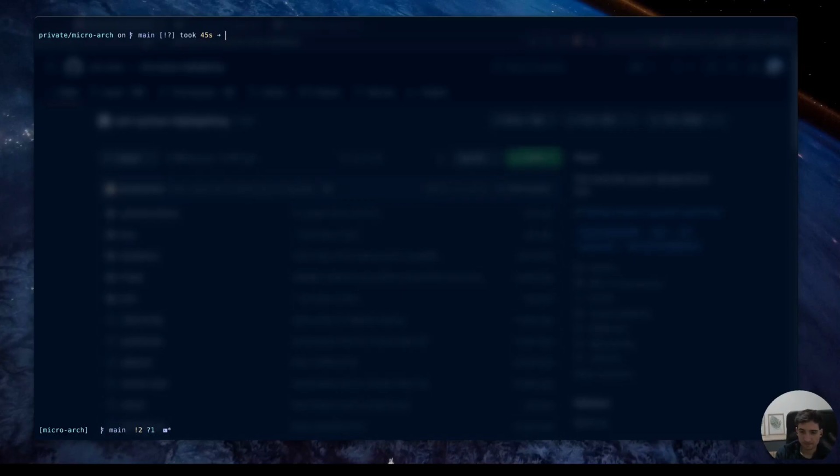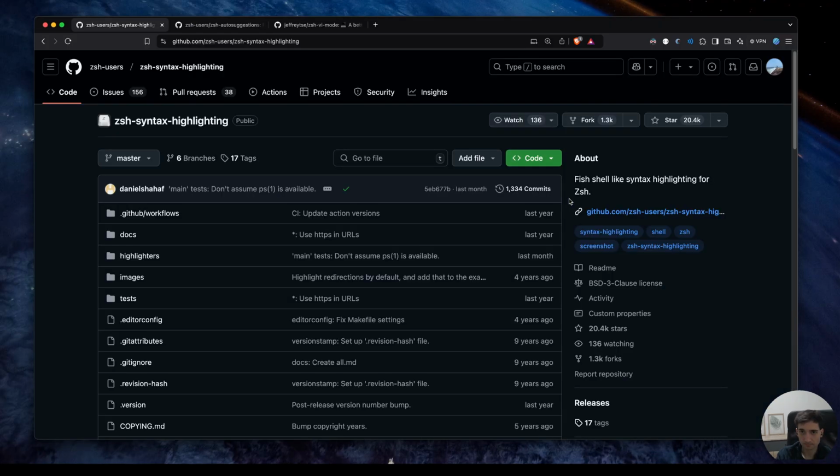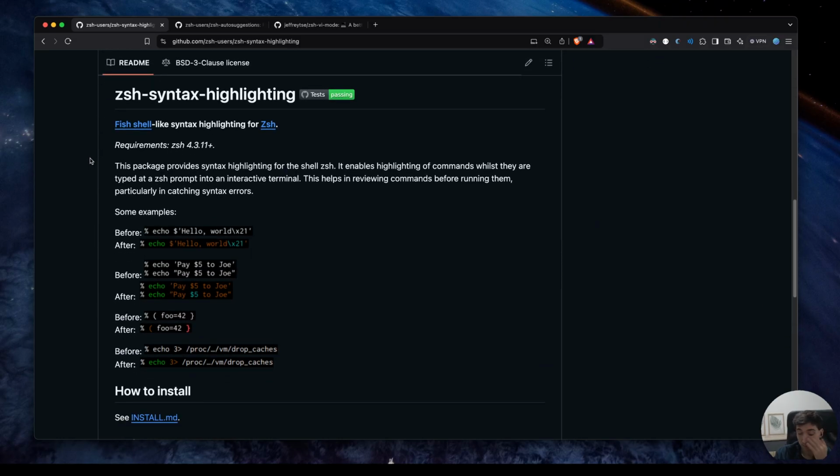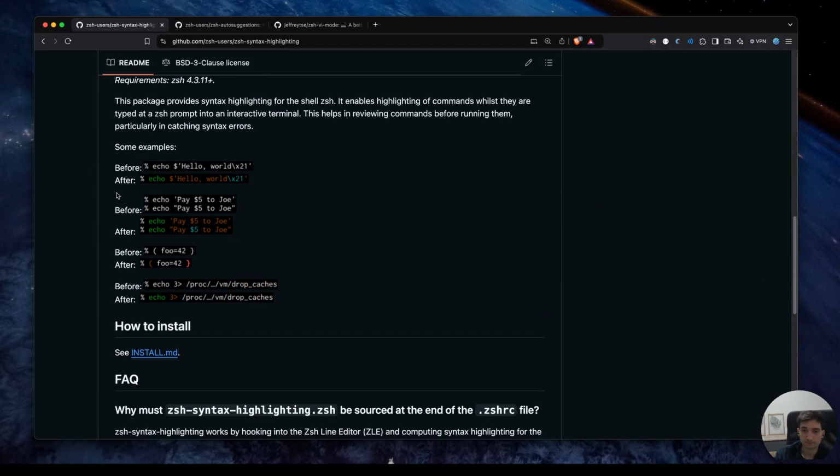In this video, we are going to talk about 3 different zsh plugins which help us when working in the terminal. The first one is zsh-syntax-highlighting, which is the one that is going to color the command prompt, just like you can see here. Here echo is green,